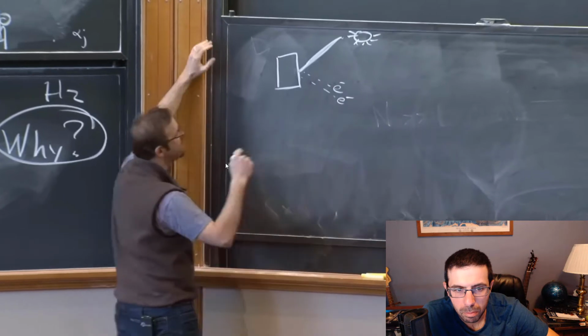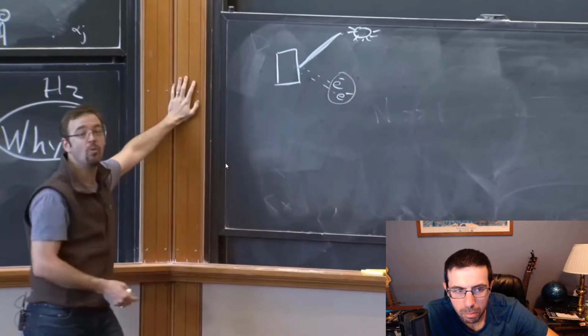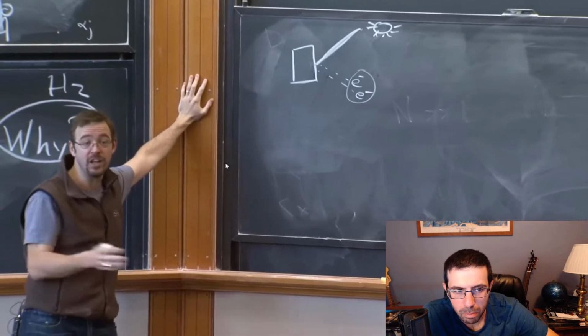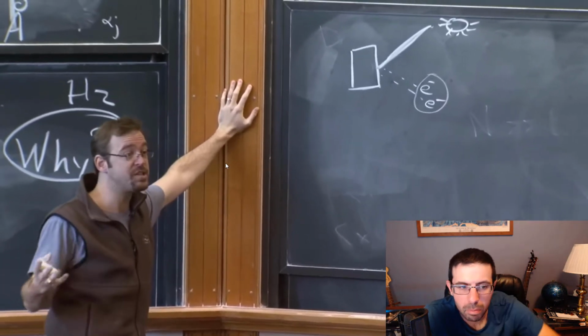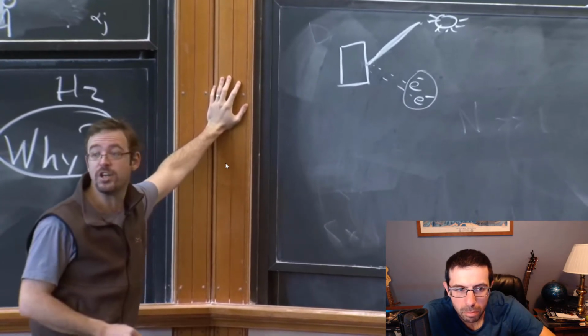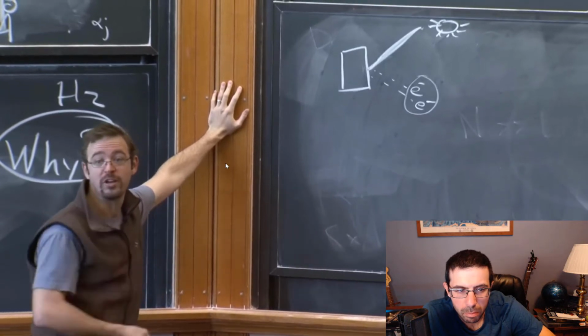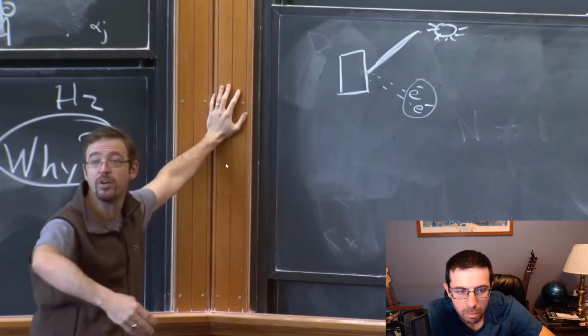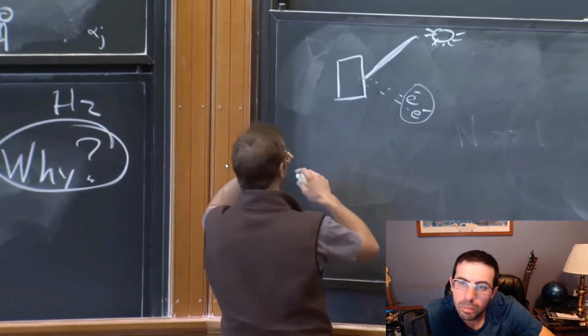how that changes the properties of the electrons that bounce off. Now, one obvious feature of an electron that flew off a piece of metal is how fast is it going? How much energy does it have? What's its kinetic energy? So I'd like to build an experiment that measures the kinetic energy of an electron that's been excited through the photoelectric effect, through emission after shining light on a piece of metal. Cool? So here's how that experiment goes.